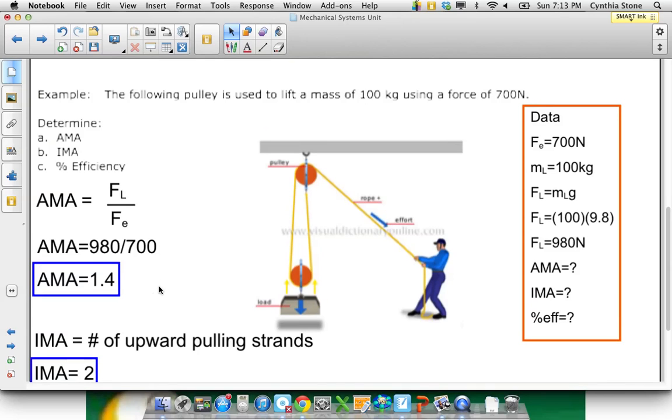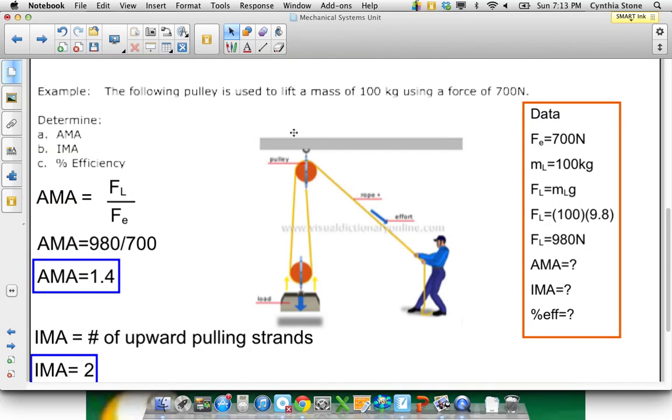So, say you've got a pulley, and we have to use 700 newtons, that's my effort force, see that? To lift a mass of 100 kilograms. So that's the mass of my load. Okay, and I want to find the AMA, IMA, and percent efficiency. So just looking at all these givens, I wanted to put down on the side here that the load force is always the mass of the load times 9.8, so it's 980. Okay, so I know effort force, I know load force,